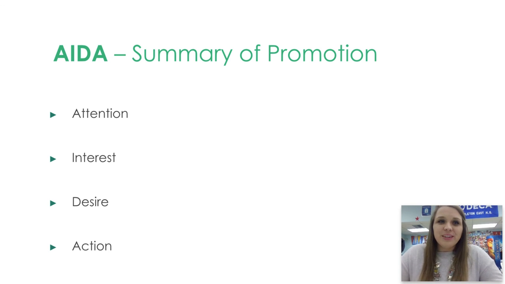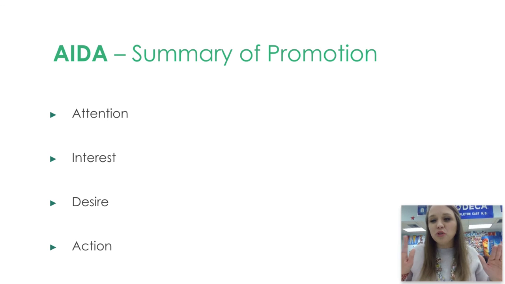Okay. So then some important things, like a promotional summary, is called AIDA. Okay, so remember that AIDA. The first one is attention. What is promotion trying to do? They're trying to grab your attention. That's why when you find a new product on the shelf, it's in a big yellow circle that says new. They're trying to grab your attention.